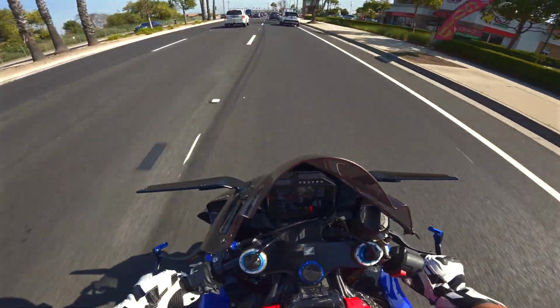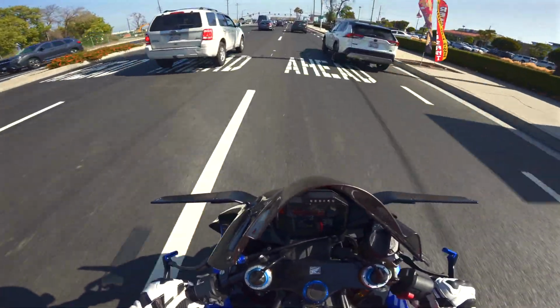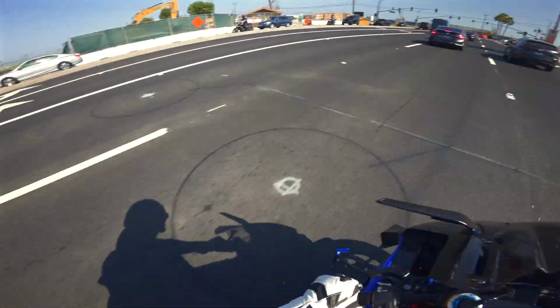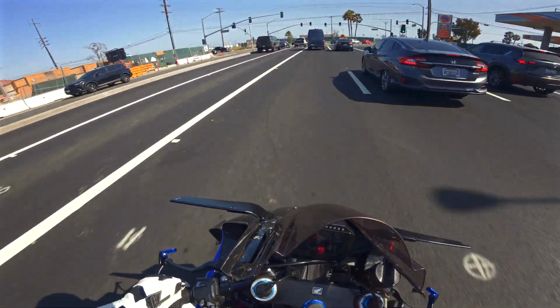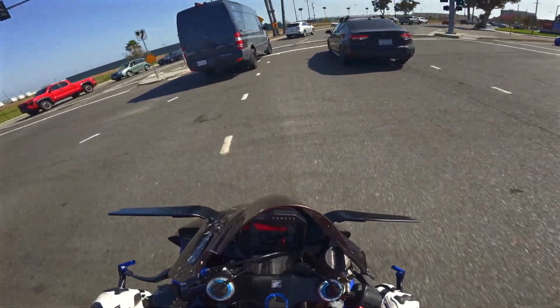I've paid for all three of these, and I think just off of my experience of how the helmet feels and everything about it, it's a slightly lacking helmet because of